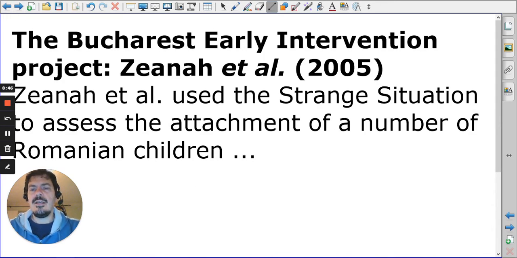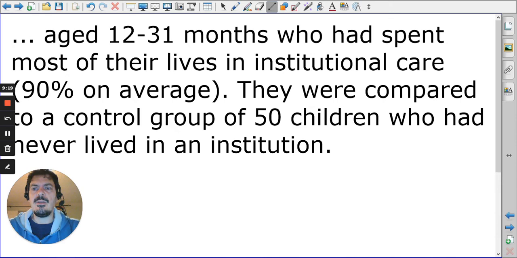Now, the second part of looking at the Romanian orphans is to also look at some other studies that did exist at the time. And we also have the Bucharest Early Intervention Program. And this was something which was coming from Romania itself. And this particular study used the strange situation to assess attachment of these Romanian children. Now, of course, what is quite clear here is maybe the strange situation may not be the most appropriate, but it is using some form of measure that we are familiar with. And we see that